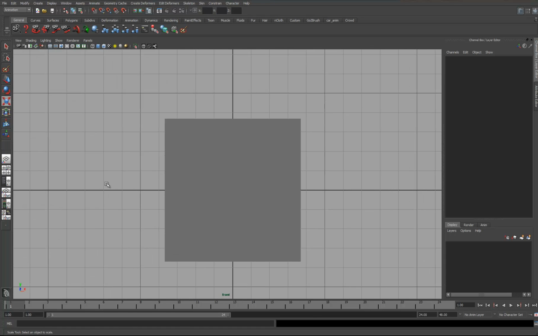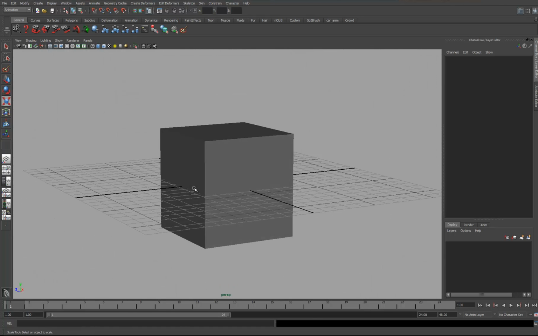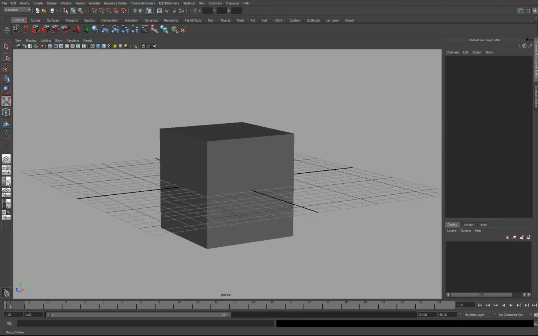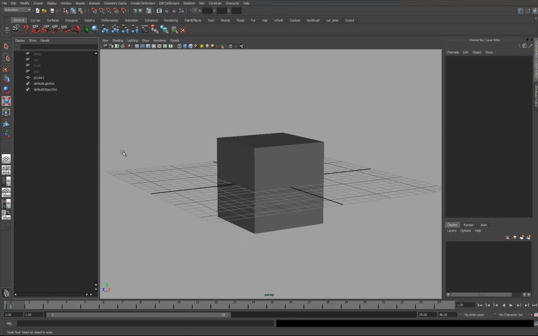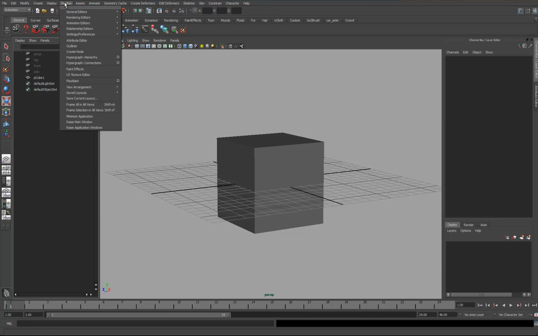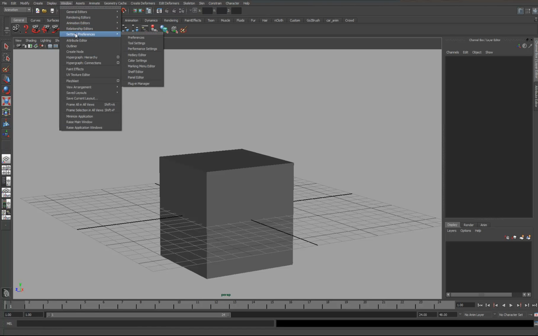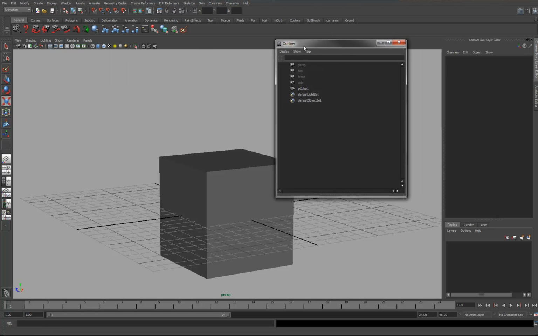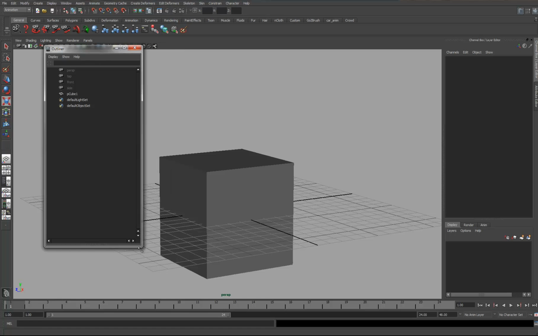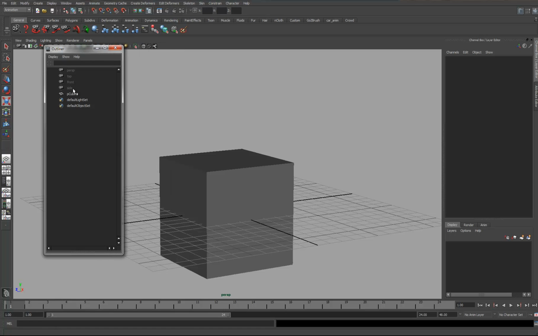So yeah, where were we? We were working our way down here. So the next one down, probably one of the most useful ones, is going to be the viewport configuration for your main sort of viewport that you're working in, and the outliner, which we can also find under Window Outliner. If you wanted to have it floating around, you can just come Window Outliner, and this allows you to look